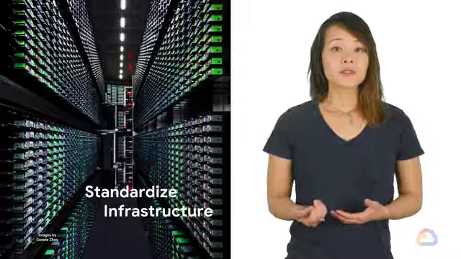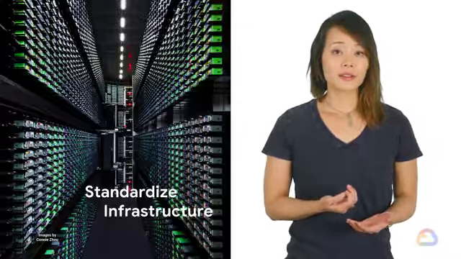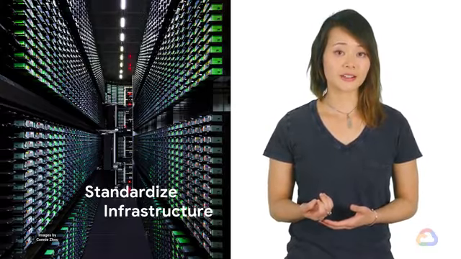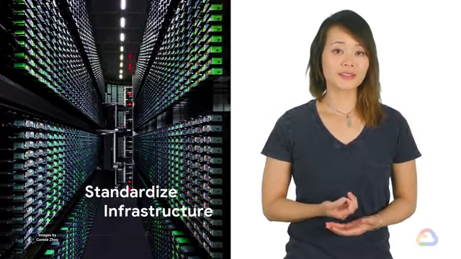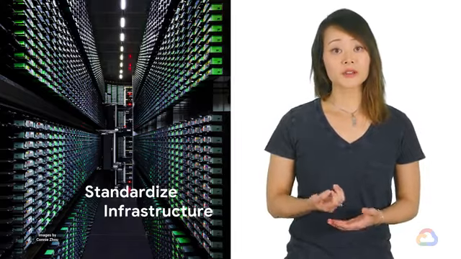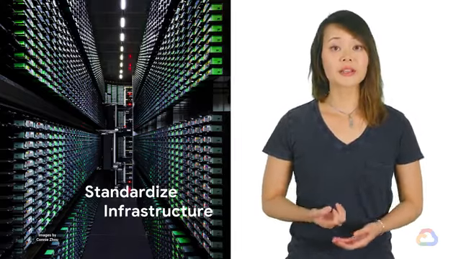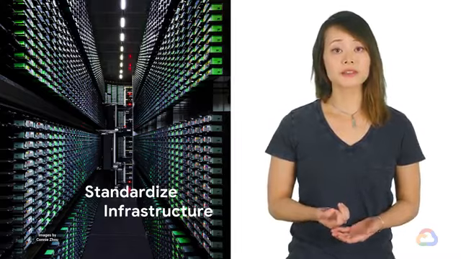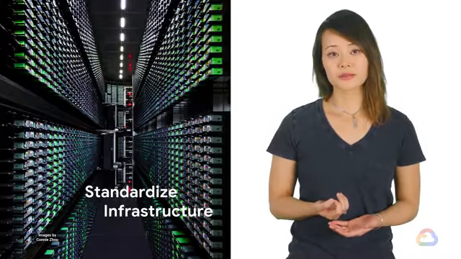That's not the only place where you'll need to work with your product teams. In fact, you'll most likely be working closely with them to implement many reliability improvements, such as standardizing infrastructure. Software and hardware don't always play nicely together. Product teams could be developing on certain hardware specifications and architectures, but when they push to production, they may find that some services don't work on different infrastructure. Standardizing infrastructure allows for more easily repeatable deployments and fewer surprises in production.